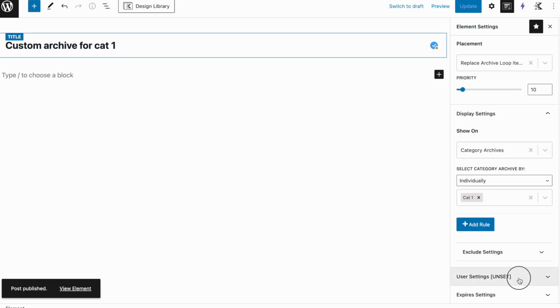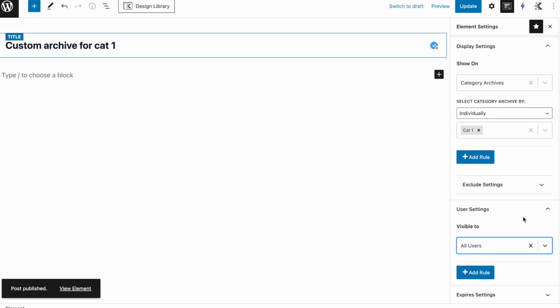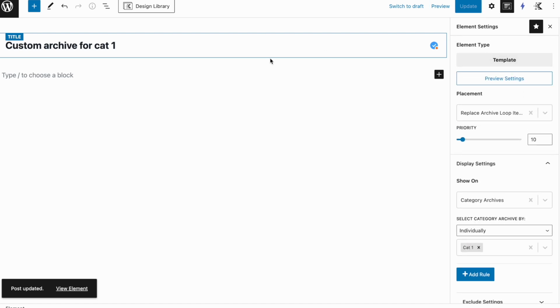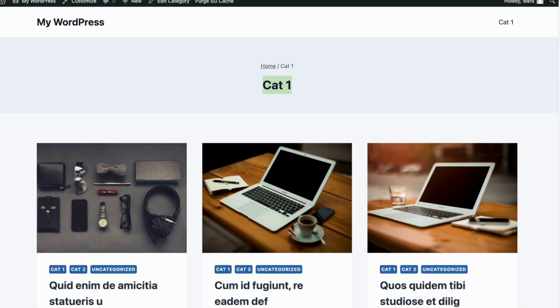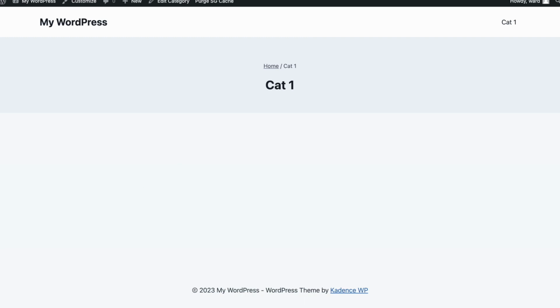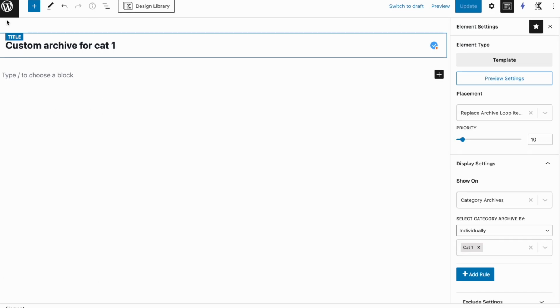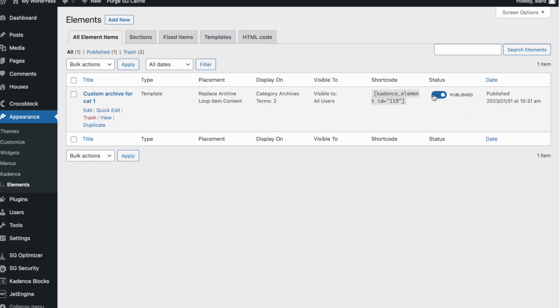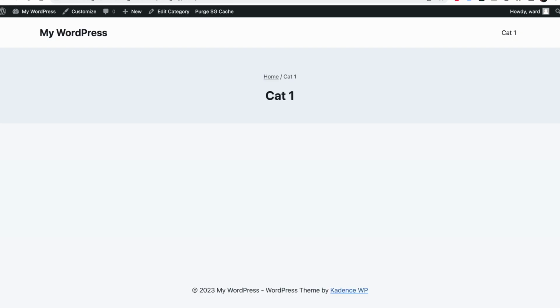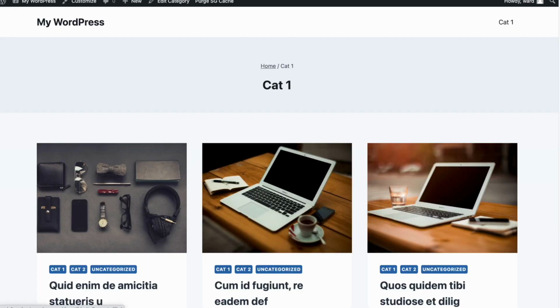User settings, just all users is fine, and I will click on update. The only thing you have to be careful about, if I now clicked on update, this means that by now the Kadence theme will import this instead of the default content. So let me refresh, and you will see my whole archive is gone, it's empty, and that's because I haven't put anything in here. So be sure, if you go out of it and you're not ready yet, just put it on a draft, because if I now go back and refresh, you will see it's taking back the default